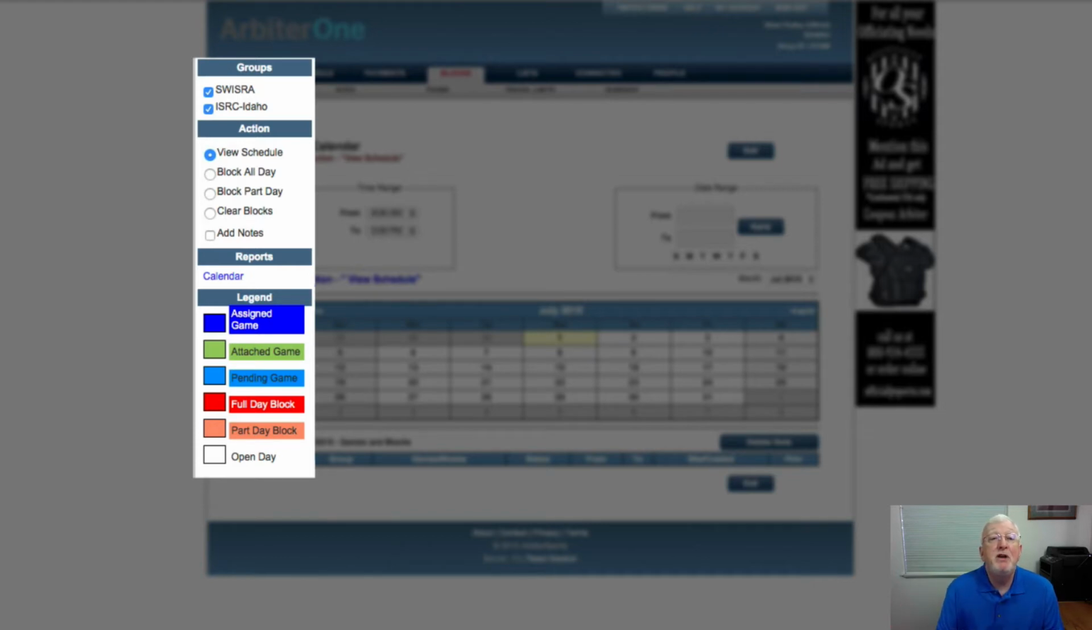At the top, you will see listed the groups you are a member of in Arbiter. Most people are going to be a member of the ISRC Idaho group, for instance. That's the statewide group of referees, as well as one or more local referee groups. There is a Swissra group, there's PAL, there's Middleton, various organizations use Arbiter, and those groups are going to be